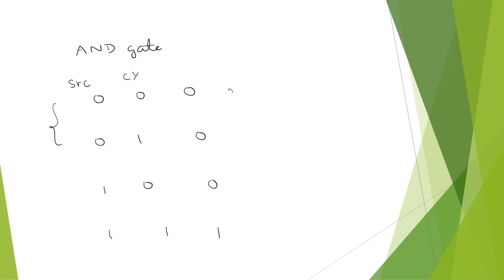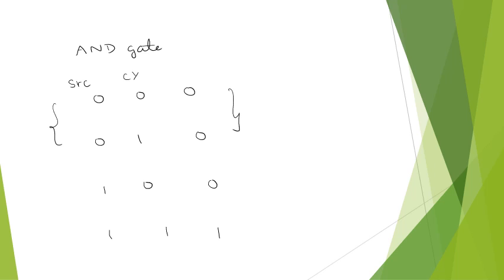So we have the truth table of AND gate. Suppose the first bit is the source bit and the second is the carry bit. So when the source bit is 0, the output is 0.